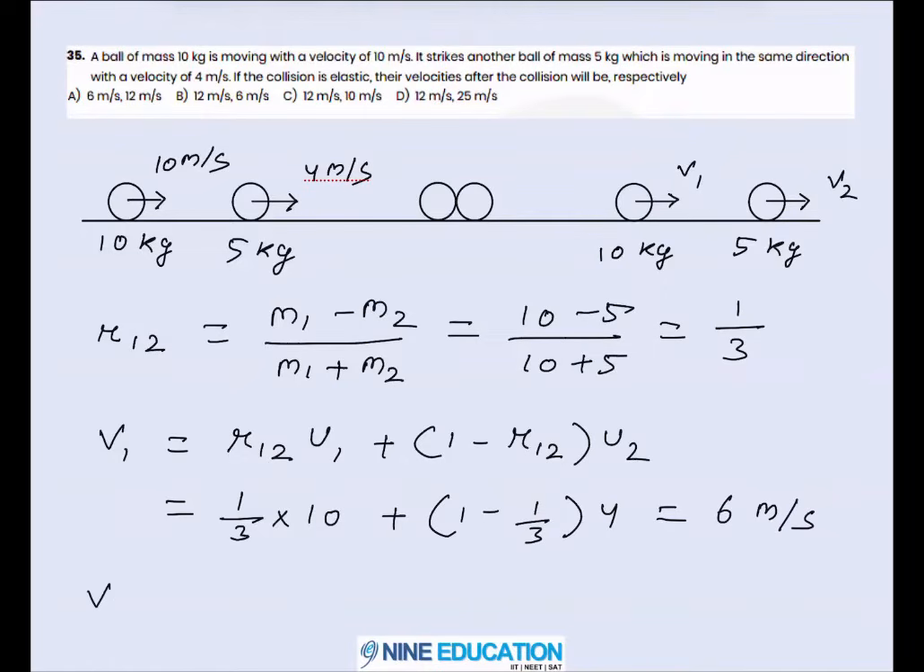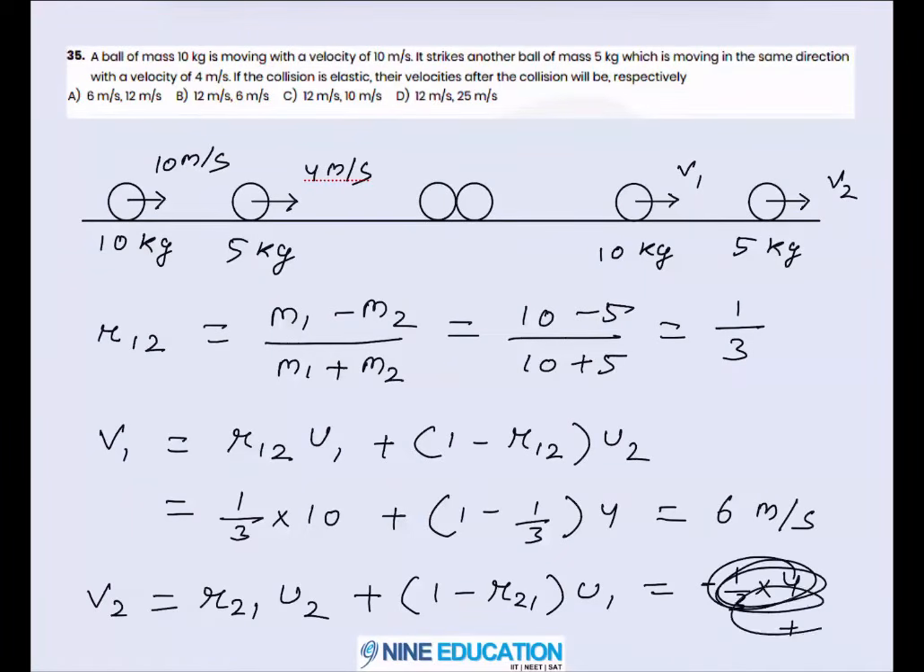In a similar way, if you want to calculate v2, you have to do nothing but apply mu21 into u2 plus 1 minus mu21 into u1. You have to replace 1 with 2 and 2 with 1. Now, what is mu21? mu21 will be m2 minus m1 by m1 plus m2. So it is basically the negative of mu12. So this will be equal to minus 1 by 3 into u2, where u2 is the initial velocity of the second body, which is 4, plus